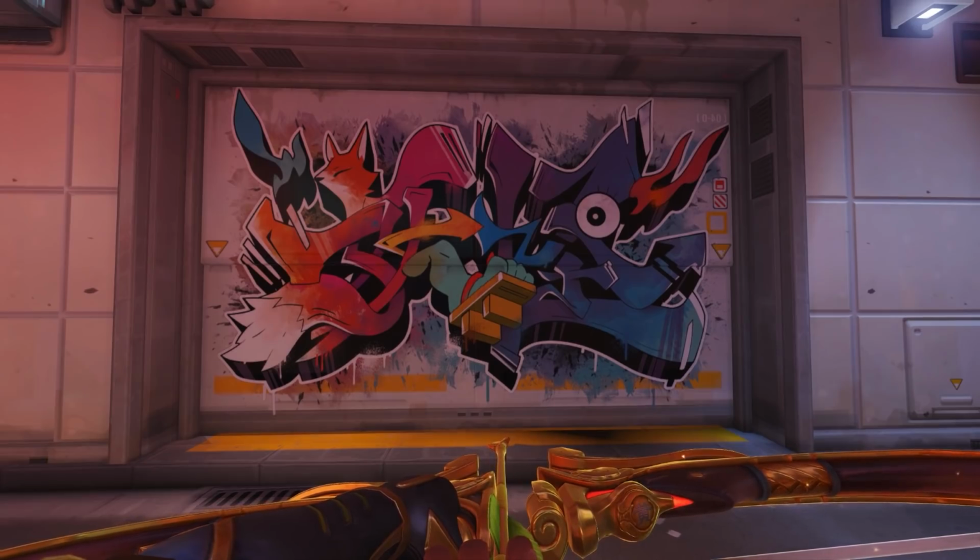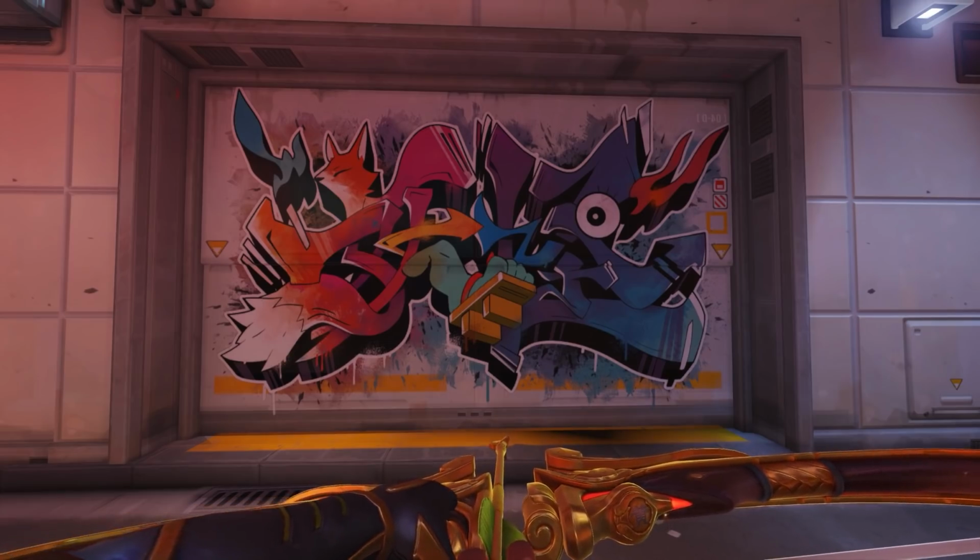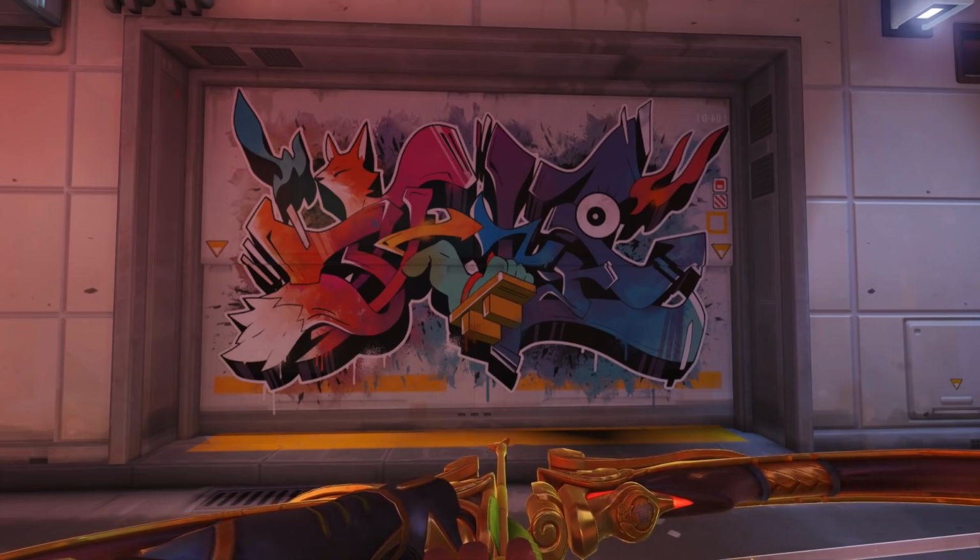This is the graffiti that Jeff was talking about. It's pretty much the only graffiti on the map, and it stands out. It's in a very prominent position, right next to one of the arcades. Look at this. You can clearly see a fox. Now, there's a lot going on in this image, but the fox is what I want to focus on, because